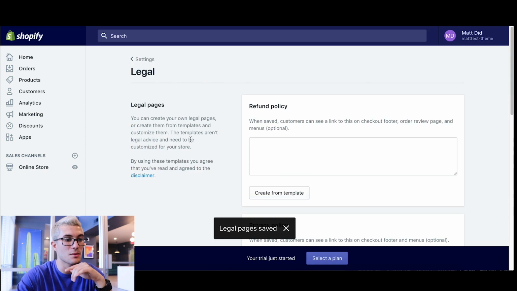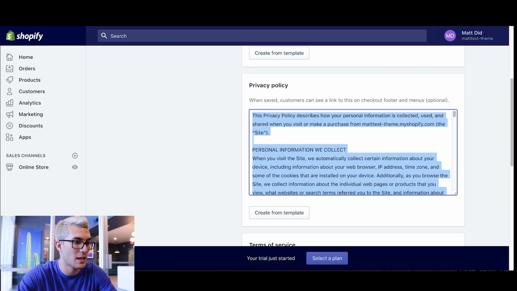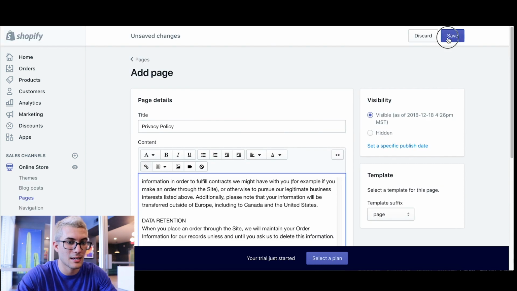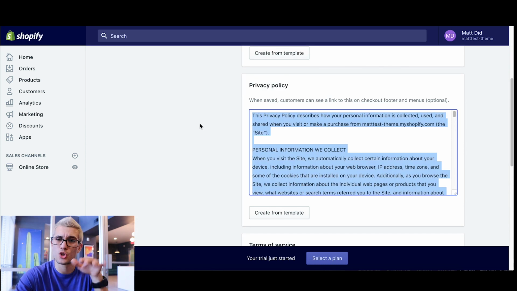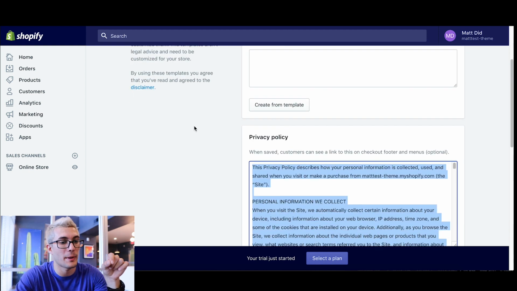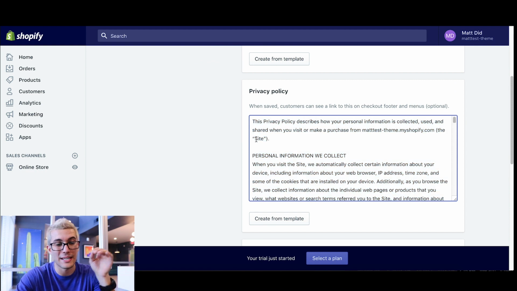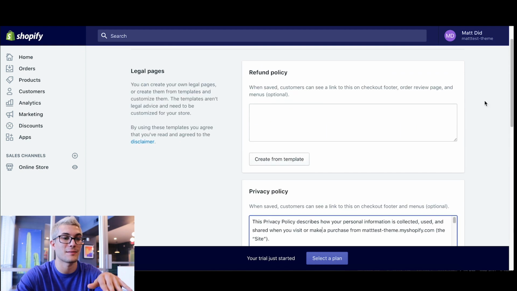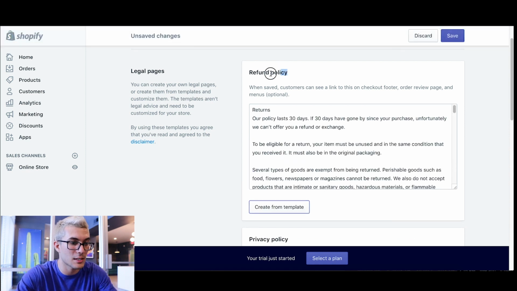And now the final thing is the refund policy. Let's actually copy and paste this here and save it here. And the reason that these are here is because these show up on the checkout page. So when we generate it here, we not only want to put it on the page for the footer menu, but we want to actually generate these and save it here. So all of these are going to be saved, and these show up on the checkout because legally they have to be able to link someone to the privacy policy, the terms of service, and refund policy, so there's transparency in any business. So we can do create template now for the refund policy, and we're going to create